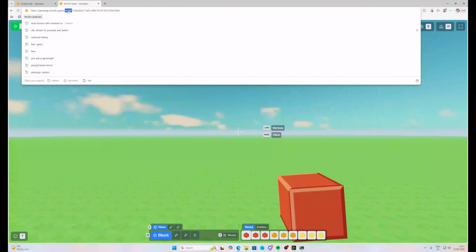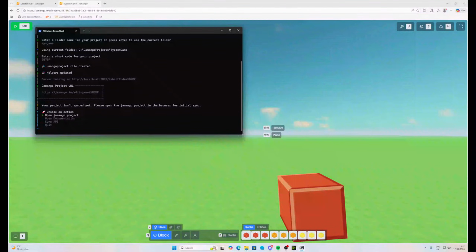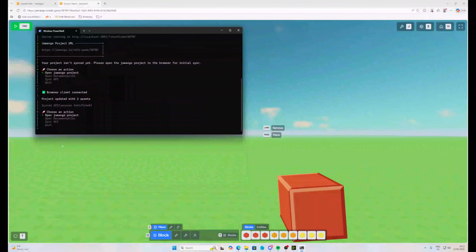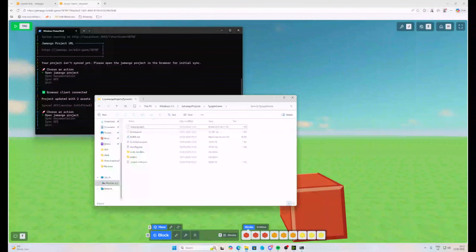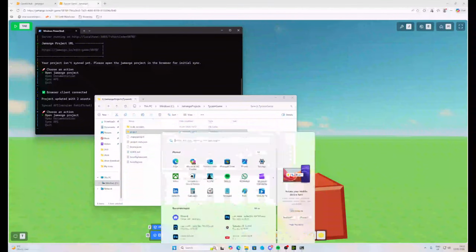So I need this code here, and I want it in that base folder, so I'm just going to hit enter there and put that in there. So we should see that start to populate. Yeah, here we go. So I've got all my local files here. And I can open